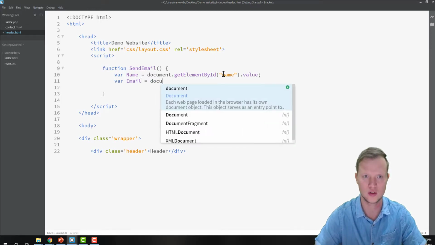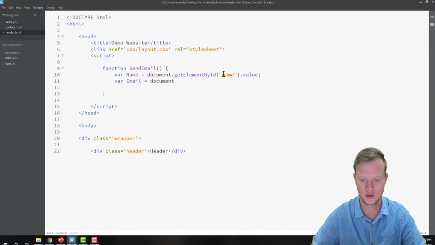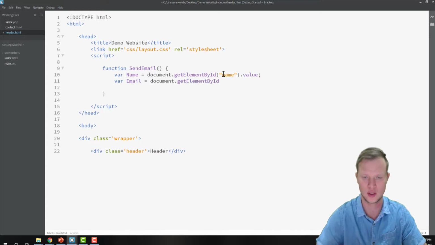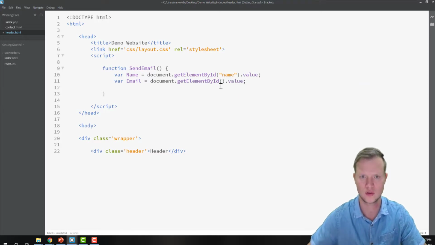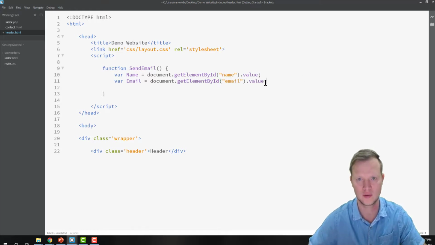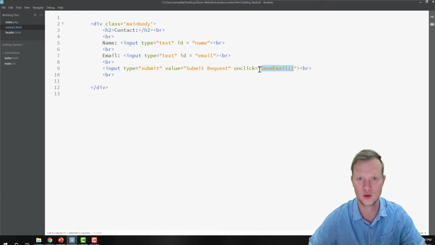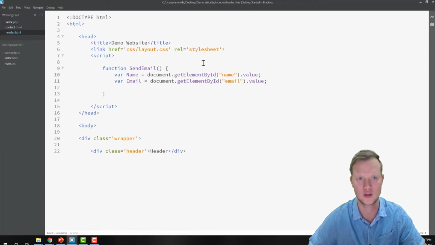We will say document get element by ID, the value, and that will be from the email ID. Okay, so just to confirm, we will have email and name,